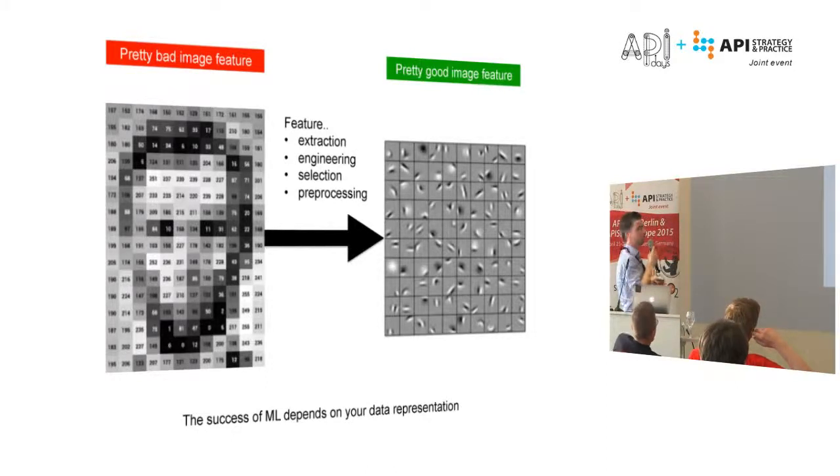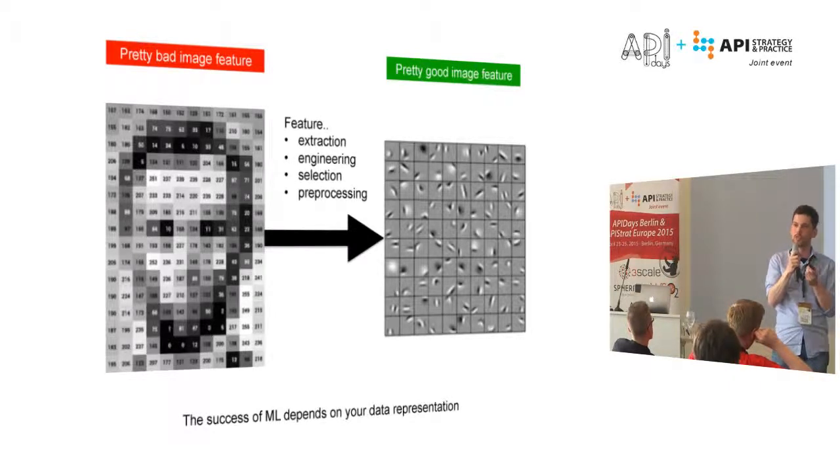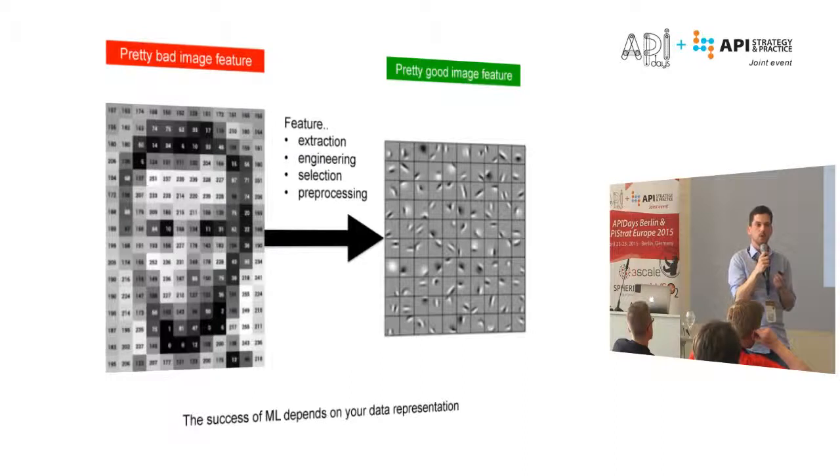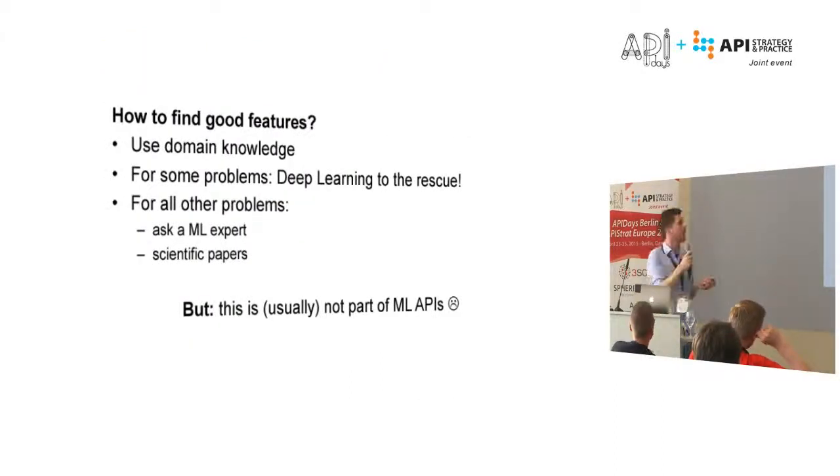So how to find good features? That actually is a big problem, right? It works usually best when you have some knowledge about the domain. Think about the example about churn classification. When you have a certain idea why people in your business might churn, why your customers are churning, that of course can help you in constructing a good feature that makes it easier to compute a prediction about the remaining customers. And for other problems, of course, deep learning, I think it will be for the future the way to go, but it only applies when you have a lot of data.